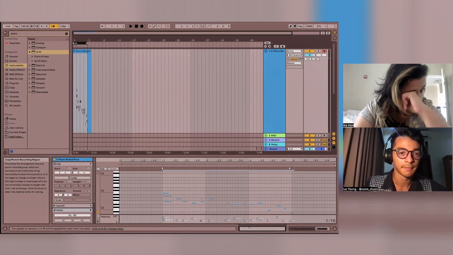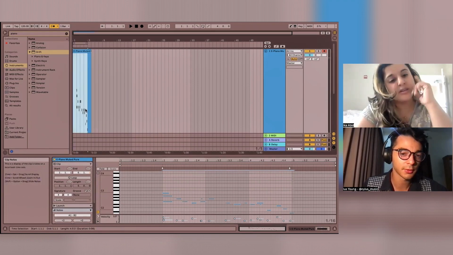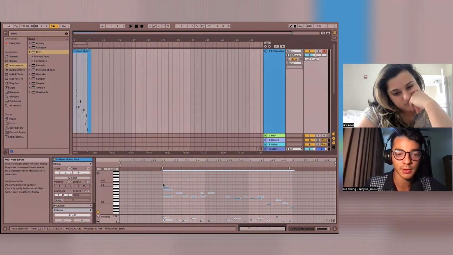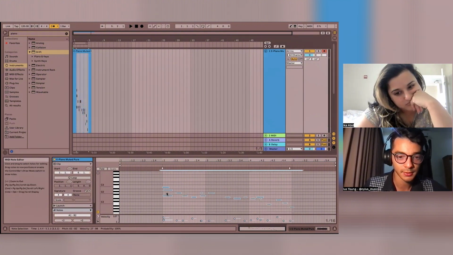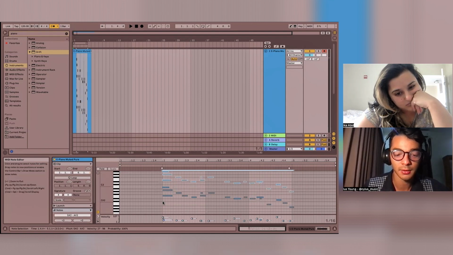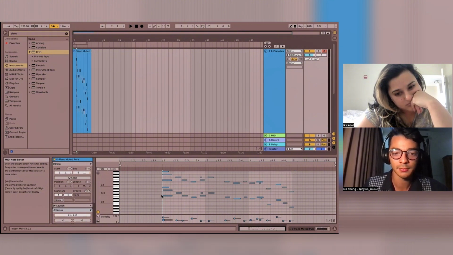Yes. It kind of depends. If you want to use the same instrument and just add notes on top, you can do that. I could copy all these, hold down option and drag them up. This is probably not going to sound great, but